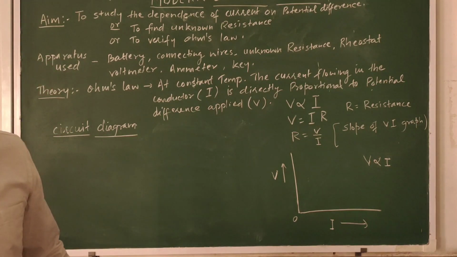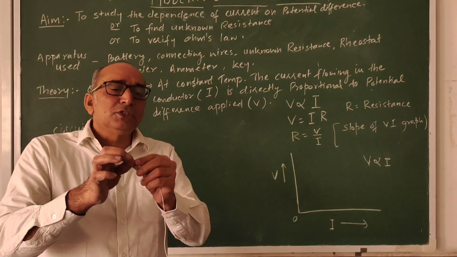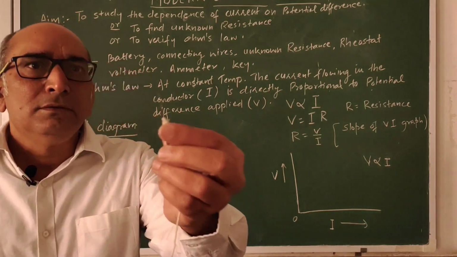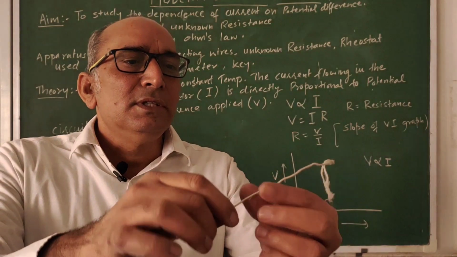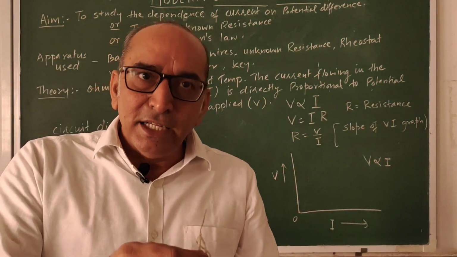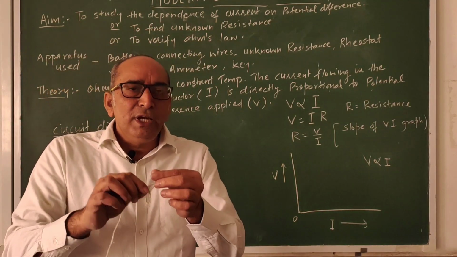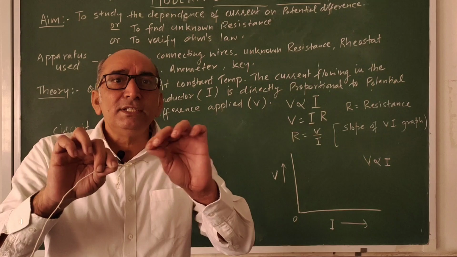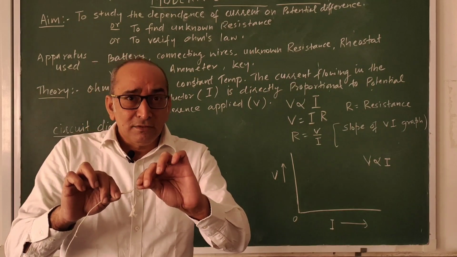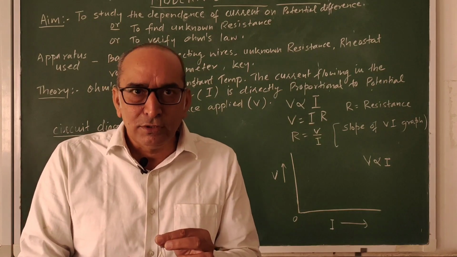Second are connecting wires. Connecting wires are made up of this copper, brown in color. This is cotton covering on it which provide an insulation. Before joining these in the circuit, we have to rub these ends with sandpaper so that if there is any layer of corrosion on it, that is removed.